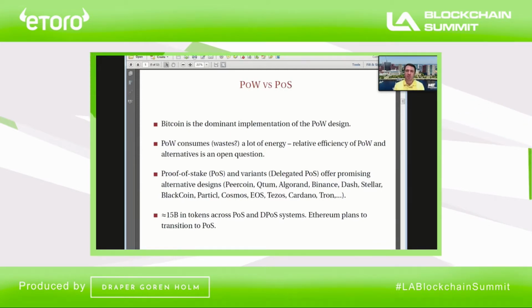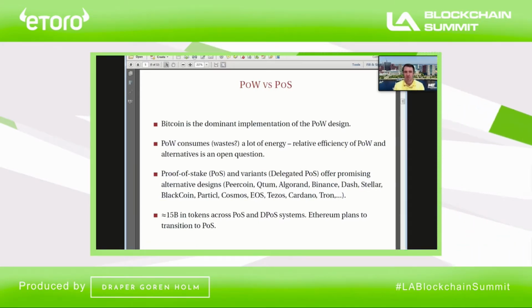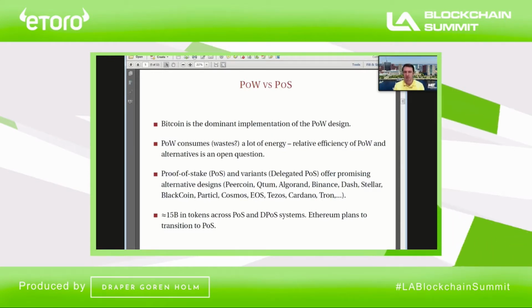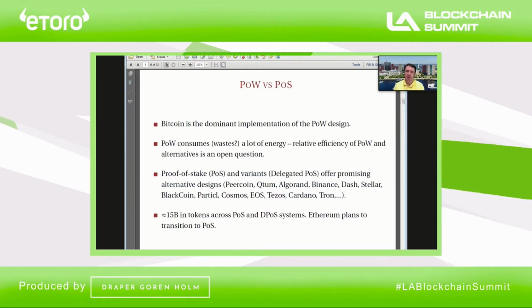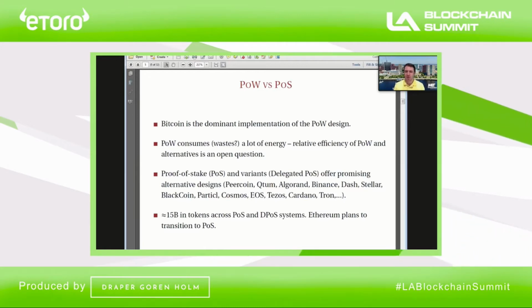Now, if you compare proof of work with proof of stake, just to connect to other elements of the space, Bitcoin, of course, is the dominant example of the proof of work protocol. Arguably, proof of work wastes a lot of energy. This is not fully settled, but there is a strong sense that one can do better. One can have a more efficient system, and the proof of stake offers such a promise of an alternative design